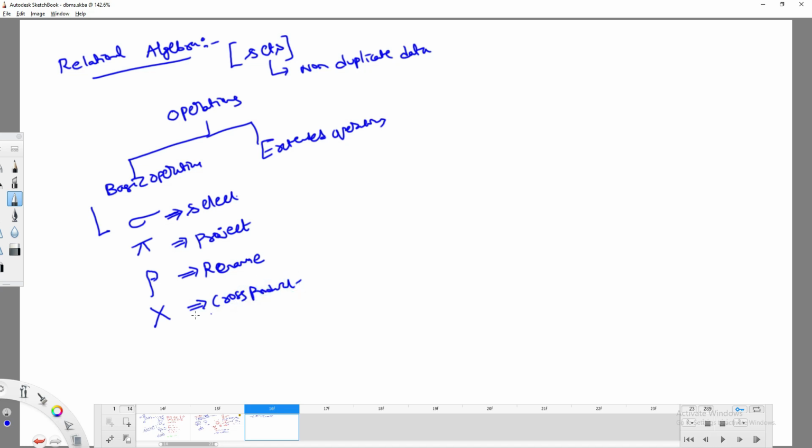It's the cross symbol, the cross product. The minus symbol we can call minus, or I can say set difference.